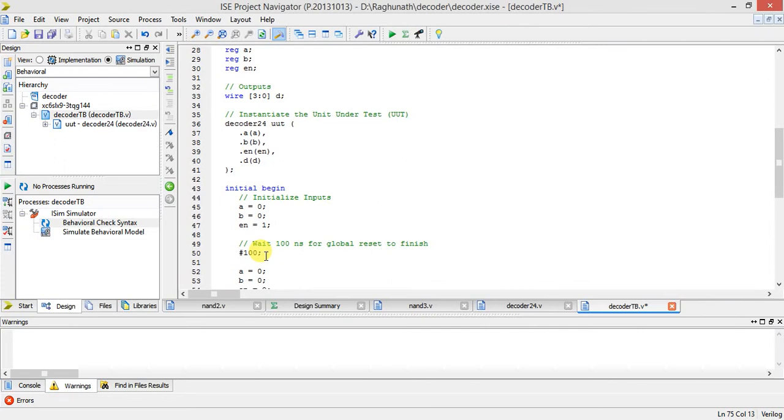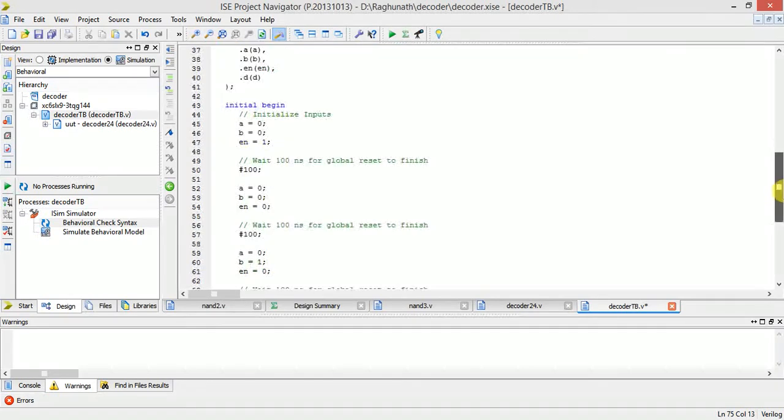So first I want to check for enable is equal to 1, because I have to show that when enable is equal to 1 all outputs are high. So I made enable is equal to 1. You can use any combination, A is equal to 0 or 1, 0 0 or 1 0, whatever. If enable is equal to 1, all the outputs are 1.